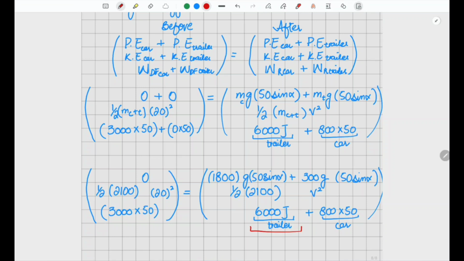Just solve it together, so it will become 40,000. Now when we solve this whole thing for velocity v,